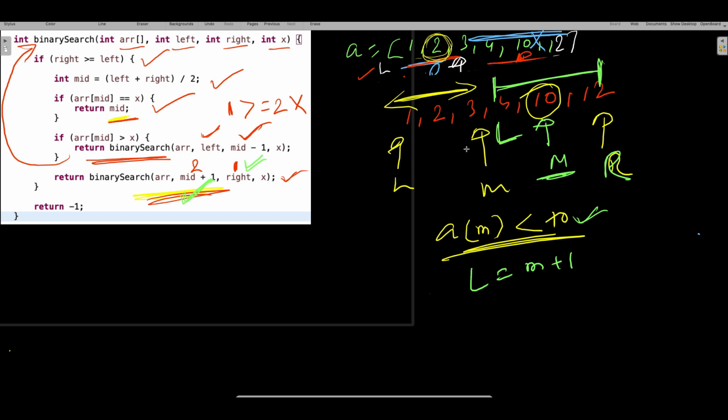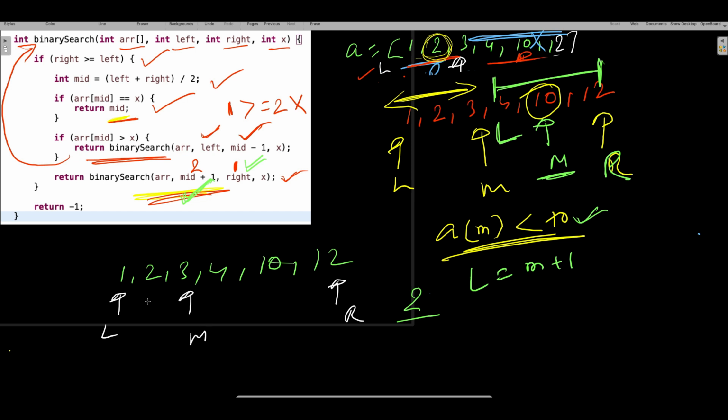So assume the same array, let me write the same array again to make it very clear, 1 2 3 4 10 comma 12, and this time you are looking for number is equal to, let's say, 2. You are looking for 2. So when you are looking for 2, you know what happens? This is your left, this is your right, and this is your middle. When you are looking for 2, which means now the middle itself is the higher. When the middle is higher, is there any sense of working this side? No, right? So in this case, when your middle is higher, somewhere your output will be here. So this is your right now.